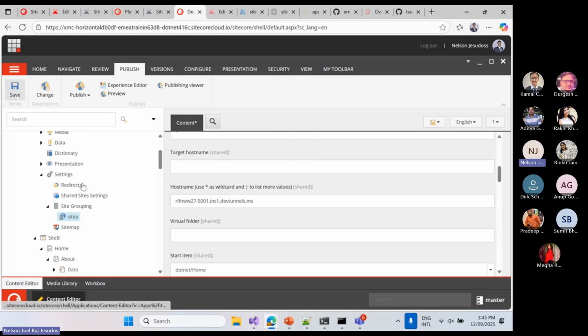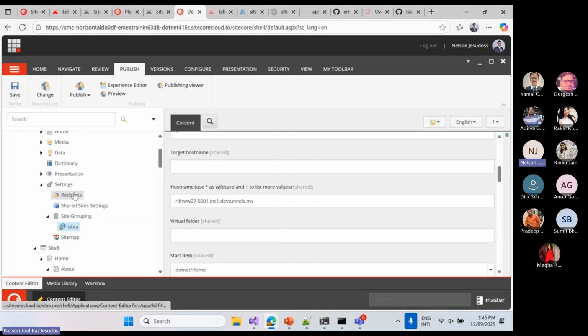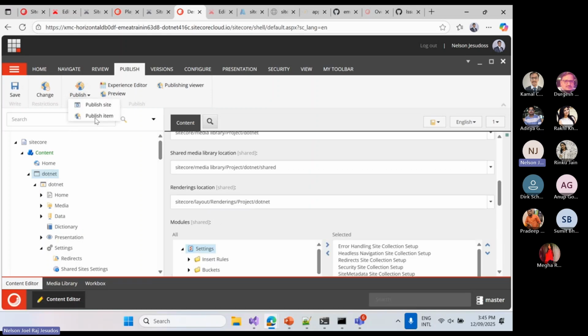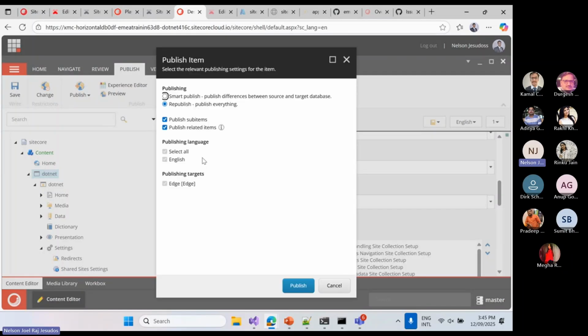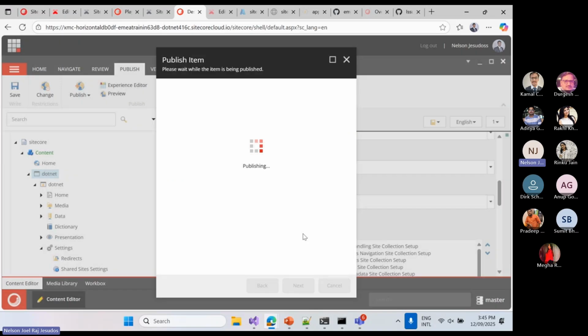Now I just need to publish. Basically, there's one challenge here. When you change any kind of site name here, if you just publish the site name, it is not reflected. We need to publish the whole node with the republish option, and only then is it published. We already raised this to the responsible persons at Sitecore, but as of now, this is the only way we can publish when there is any change to the site. So I'm just trying to publish it here, and while that is publishing,